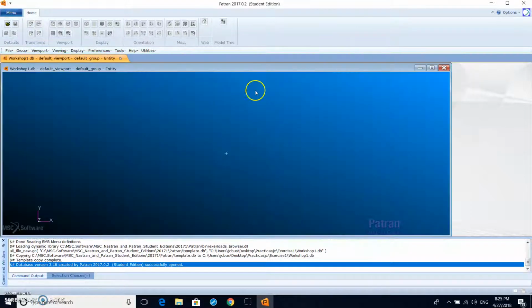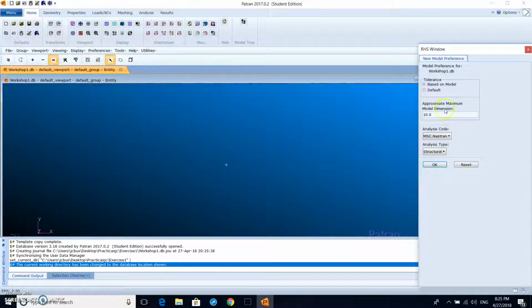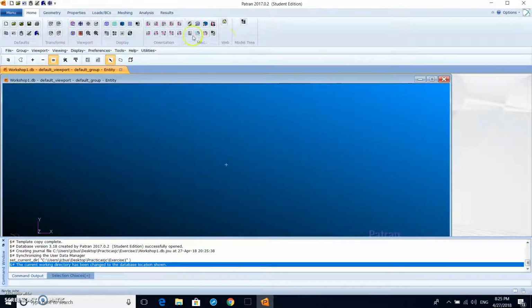So let's check this. It's fine. 10 based on model. Patran structural. Okay. So the workshop asks you to